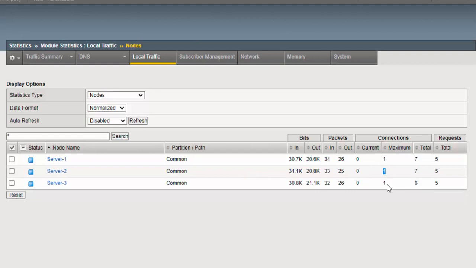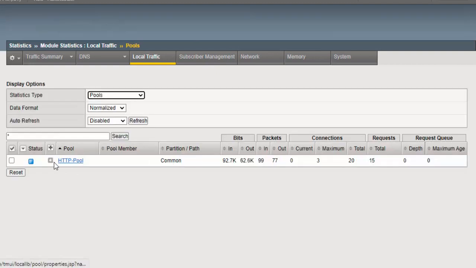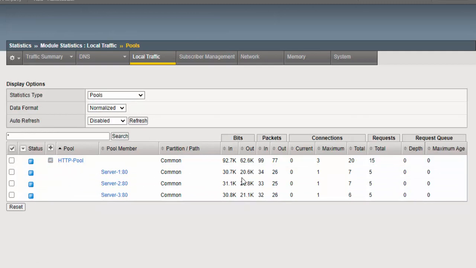Maximum 1, current sessions 0. You can filter via pools as well. So here is the HTTP pool. You can see here the bytes, how many packets in and out, and how many total connections received. Total 20.